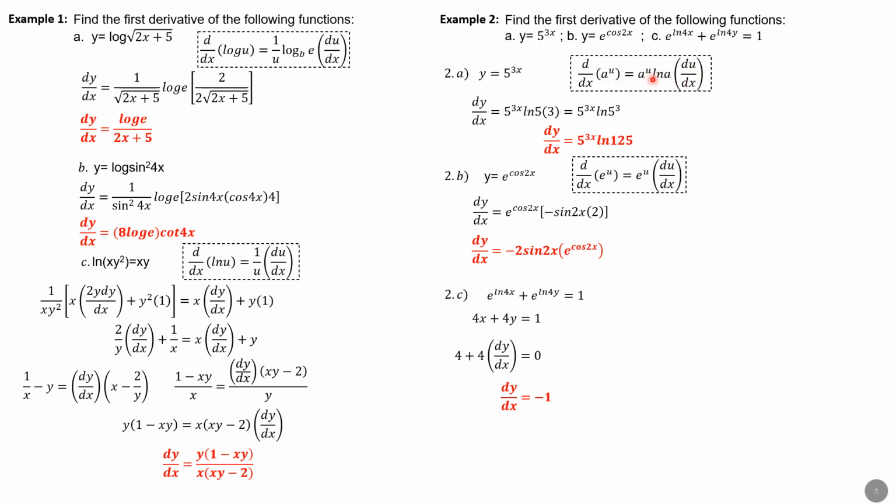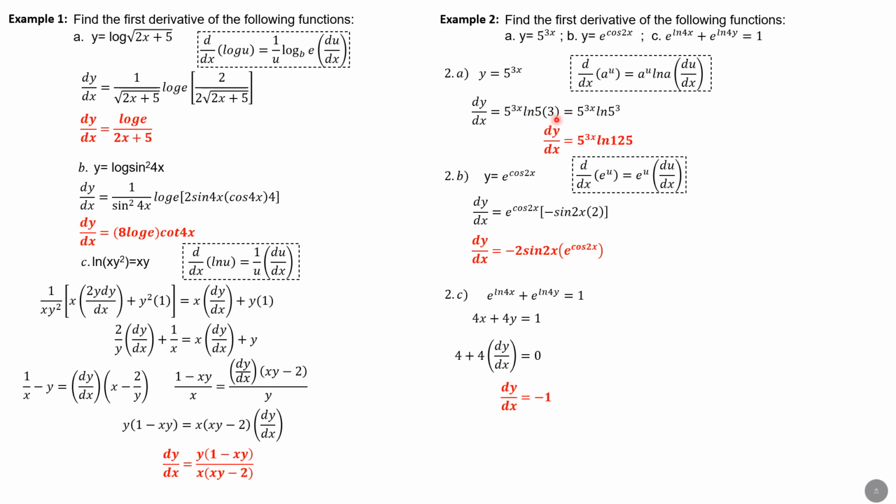So you just look at the derivation of the formula for exponential functions. So therefore u is 3x and a is 5. So dy dx is a to the u, so 5 to the 3x ln of a, ln of 5 times derivative of 3x, which is 3. Simplifying, that's 5 to the 3x, then ln of, because this is 3 ln of 5, ln of 5